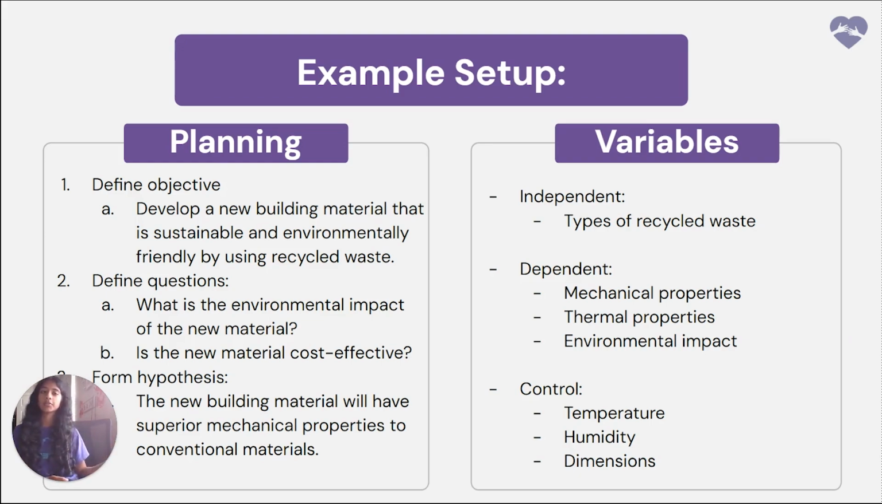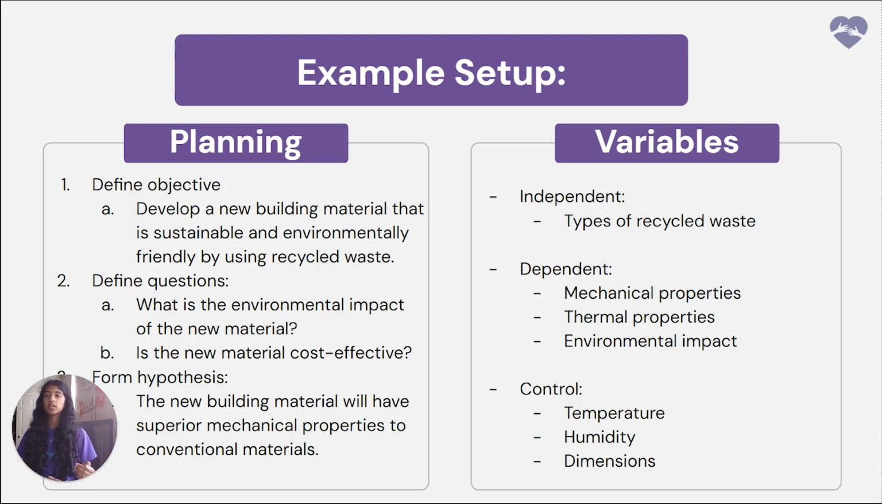Afterwards, we form a hypothesis. For example, this would be like, building new material will have superior mechanical properties compared to conventional methods, making it both strong and sustainable. So this hypothesis, if you can see, answers the research questions and objective, but it's based on background research. So hypothesis is not just a guess. It's on background research that you as a researcher do to decide on your objective and predict what will happen